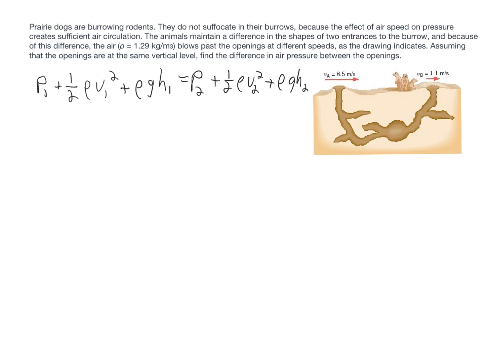Hey class, some people have been asking questions on a couple of the homework problems, so I was going to give you two examples here from two different questions of really just how to get started on these problems dealing with Bernoulli's principle. So here we have this question where we have this weird tunnel that prairie dogs have made,